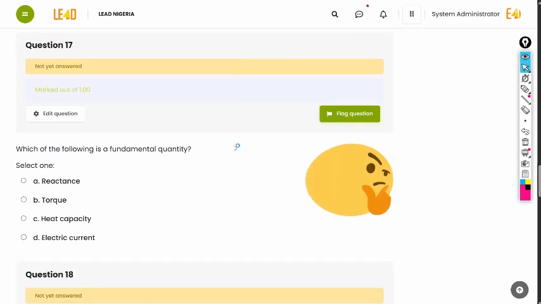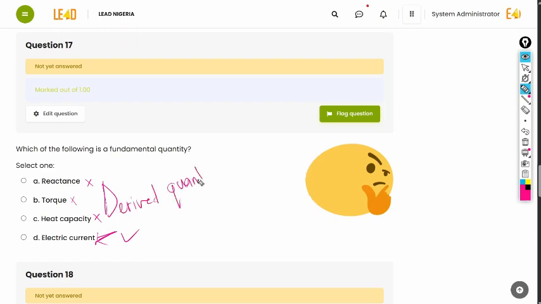Question 17 says, which of the following is a fundamental quantity? So you need to learn your fundamental quantities. There are about 8 of them. So the fundamental quantity here is electric current. All right, this is fundamental. All of these are not. They are all derived